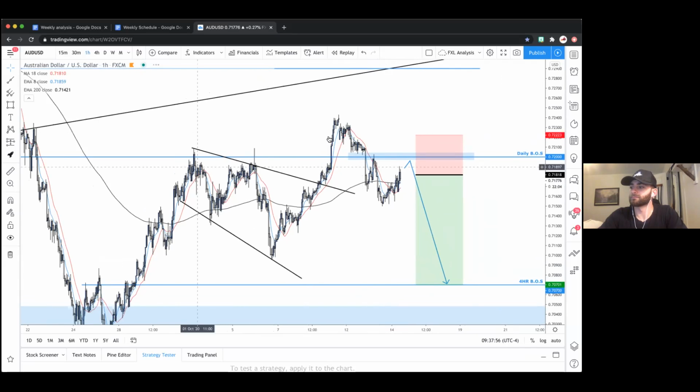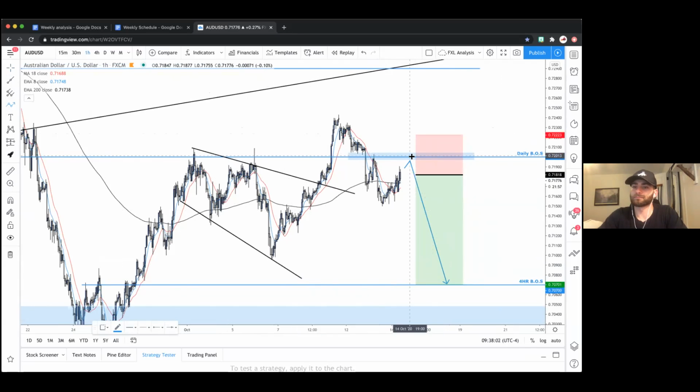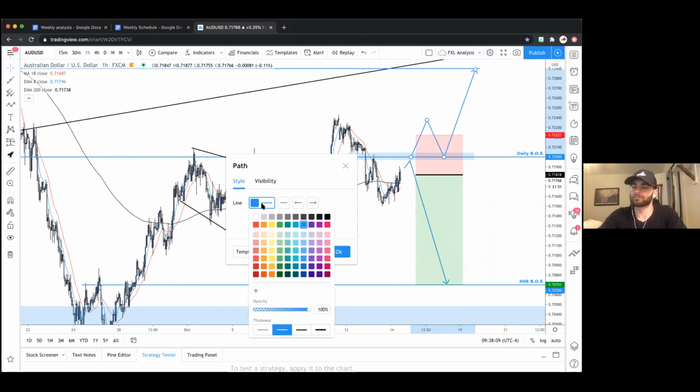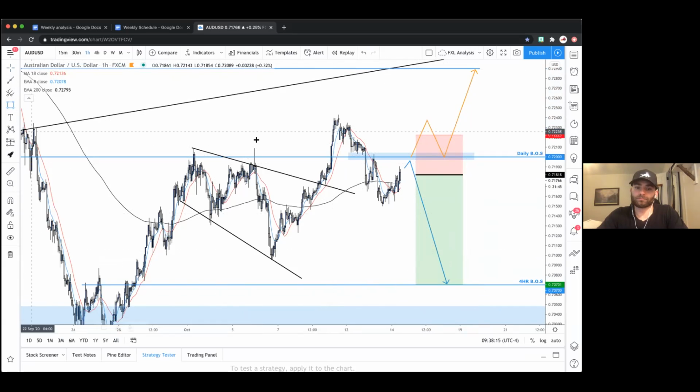All right. Now I know some people are like, "What if it goes long? What if it goes long?" This is what we're looking for. We want to see a break of the daily and then a confirmed higher low above that. If you don't get the higher low, it's not confirmed. So you're essentially, if you just take a trade on this break, like if you took this trade here, like this all the way on the left here,